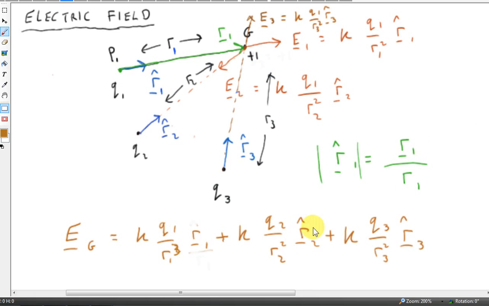And of course we can do exactly the same here. We just replace the 1 with a 2, sorry. And of course we're going to get R2 squared times R2 here, so we're going to end up with R2 cubed here, and we're going to have not unit vector R2 but vector R2. Vector R2 is the vector whose tail is at the point Q2 and whose head is at the point G. And then similarly, of course, for charge Q3,